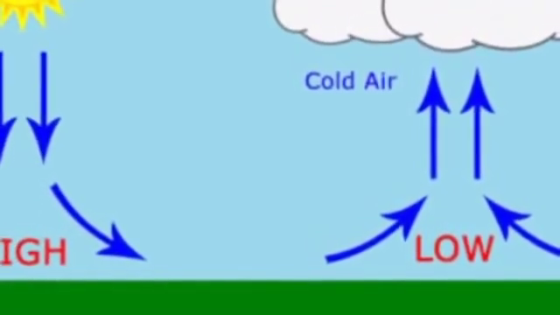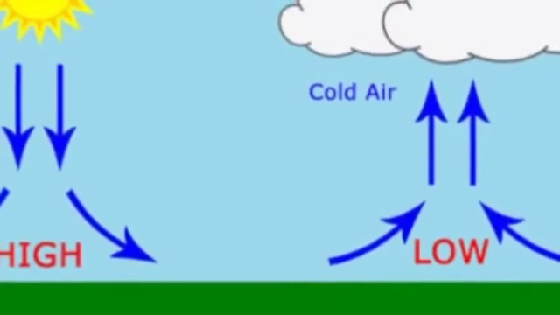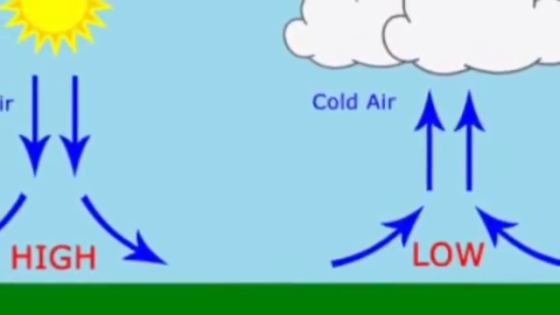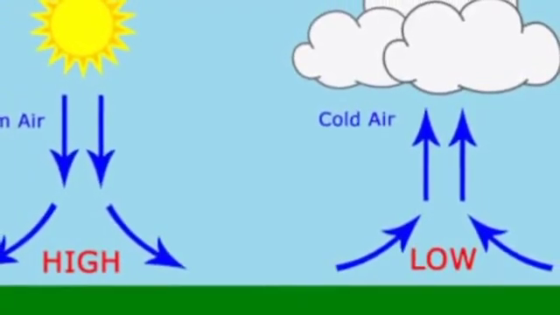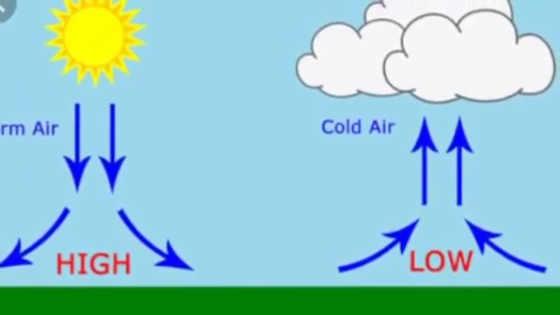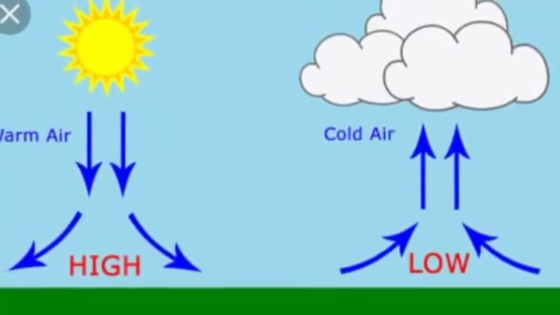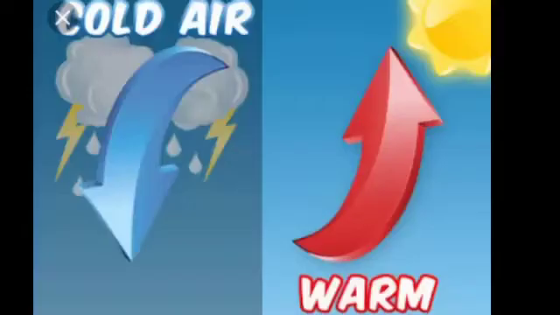Temperature and air pressure are closely related. Whenever the temperature is high, the air pressure is low. As the temperature rises, the air gets heated, expands and becomes lighter. This lighter air in the vicinity of the Earth's surface starts moving up towards the sky. As a result, the air pressure in such areas decreases.